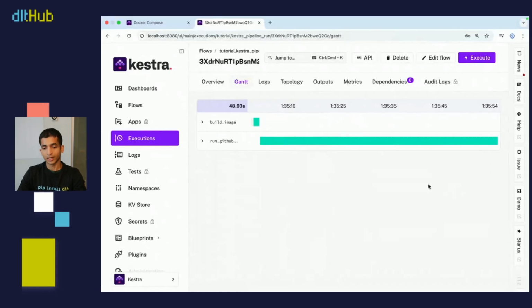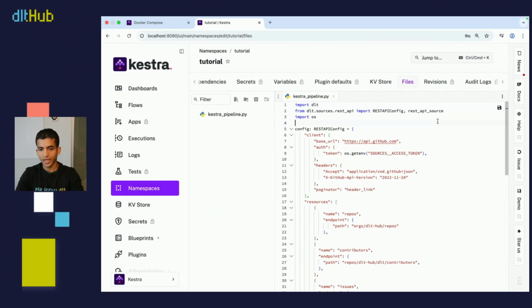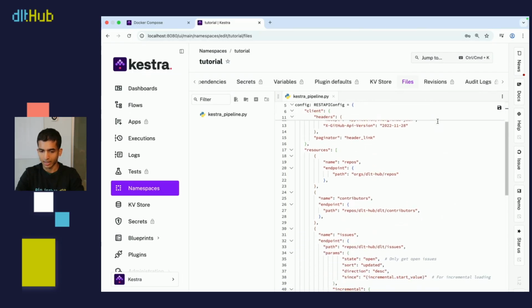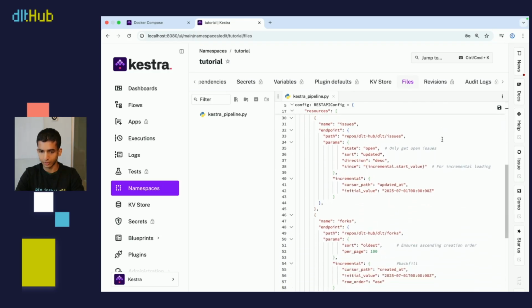Now that we have a working solution, let's improve this project by incorporating dynamic incremental loading and dynamic backfilling. Let me first move to the script before I continue. So here we have our pipeline uploaded in Kestra, and if I were to scroll down to the configuration specifically